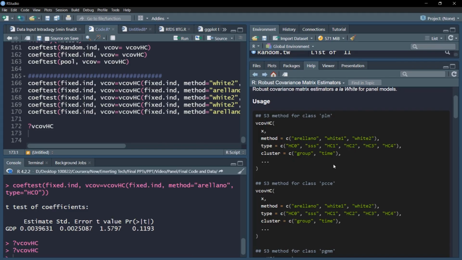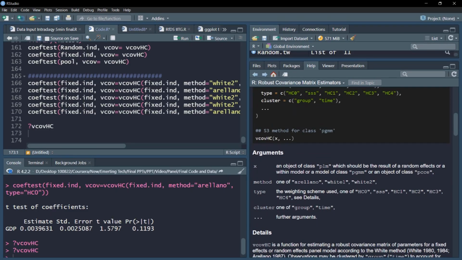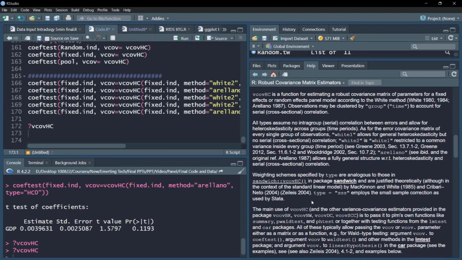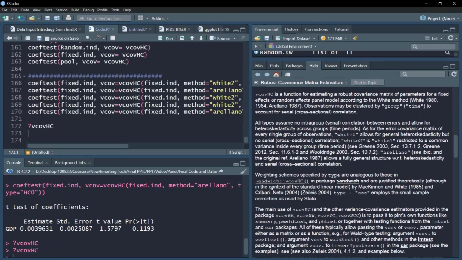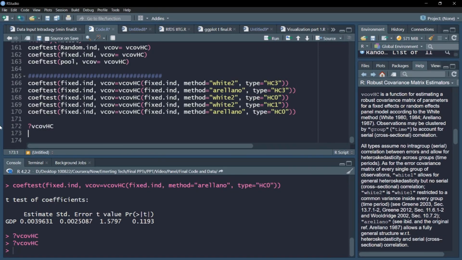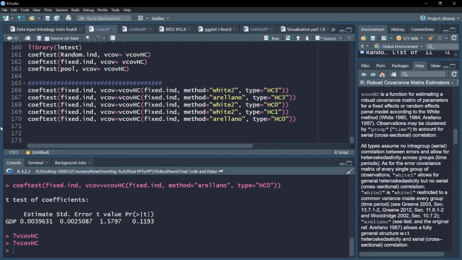If you want to read more about these, you can have a look at what exactly these error terms mean. You can read in more detail about all the literature. But the point that I wanted to highlight here is that there's also a way you can cluster errors. For example, you can cluster across group or time. We realized in our case, time is not such a major problem, but clustering across group is a problem. So the way we can adjust for it, I'll not rewrite the code, I'll make a small adjustment.